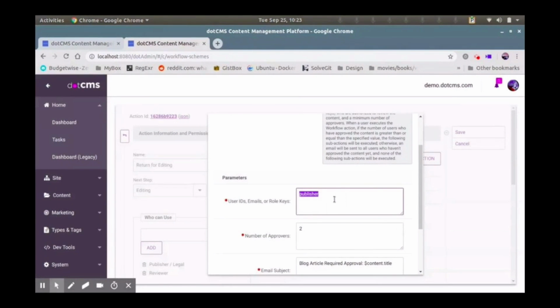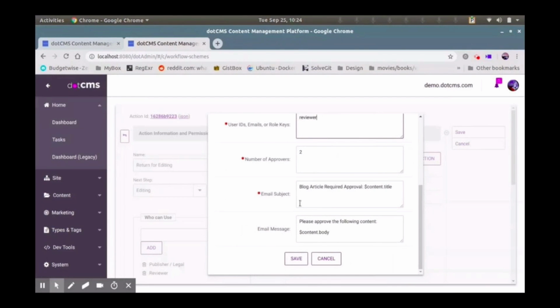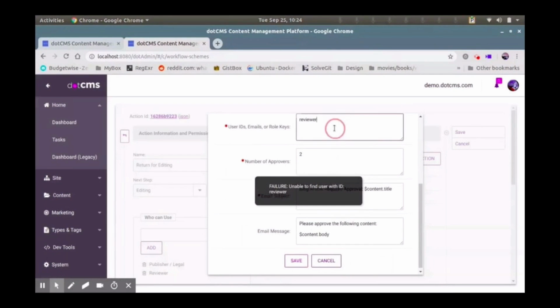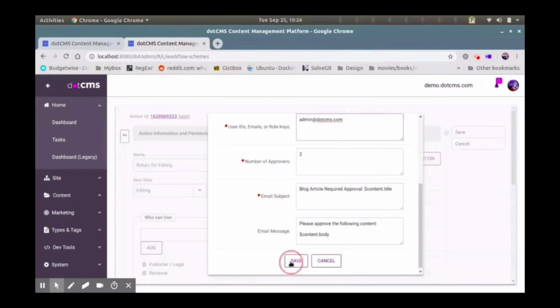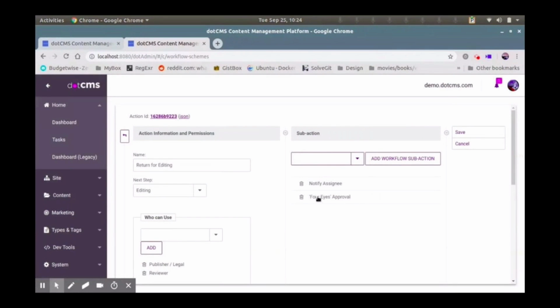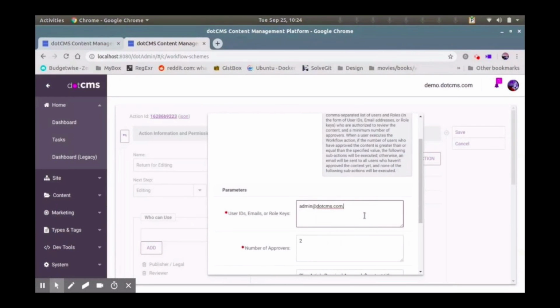this must not be a correct role key right here. So I'd have to, it's actually publisher legal. Maybe I can just put it in reviewer here. I'd have to go look up the role key. I don't know a role key. Let's put in an email address. There we go. So as long as you have a valid thing here,